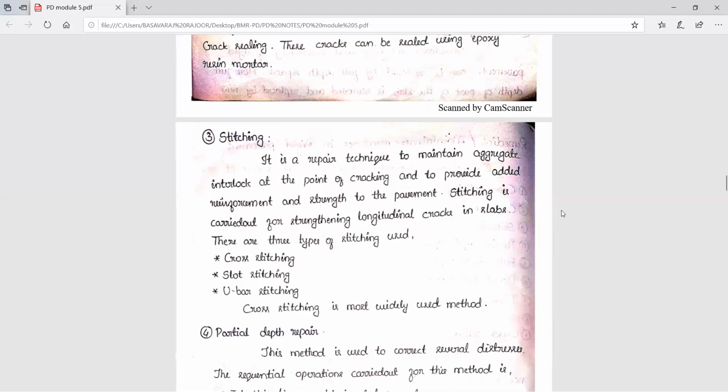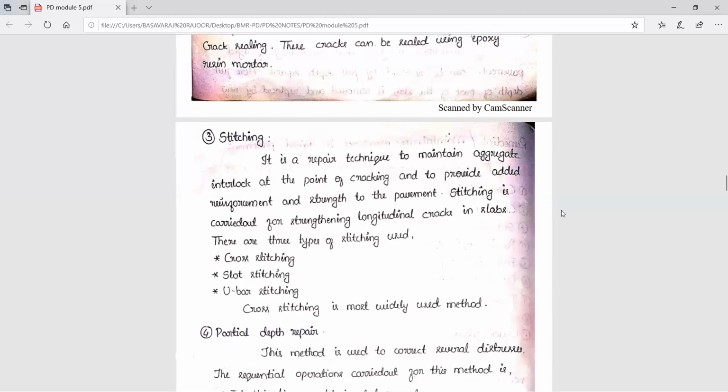In slot stitching, slots with lengths no less than 60 centimeters are cut approximately perpendicular to the longitudinal joints or cracks using a slot cutting machine. Slots are prepared by removing the concrete and cleaning the slot. Deformed bars are placed and backfill material is applied, finished, and cured. In slot stitching, the concrete slabs are held together by the shear stress of the deformed bars. It is also very important to provide high strength backfill material and proper consolidation around the bars and concrete surface.